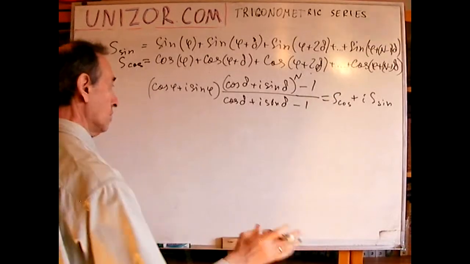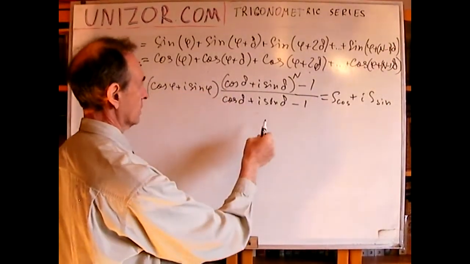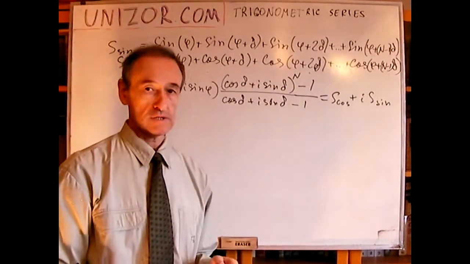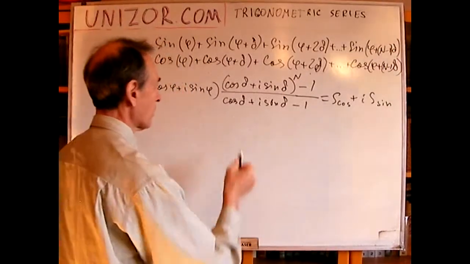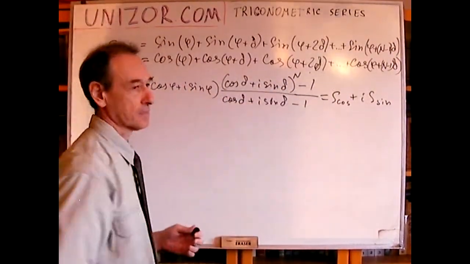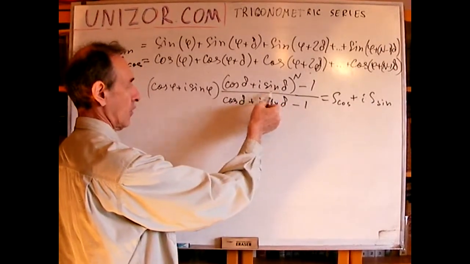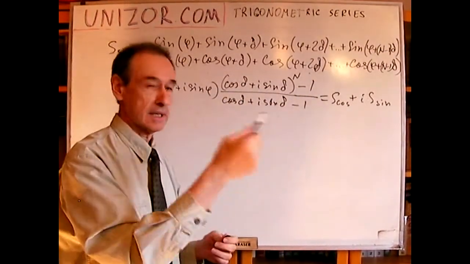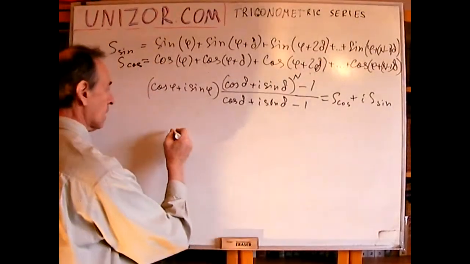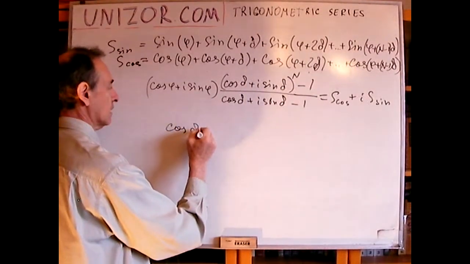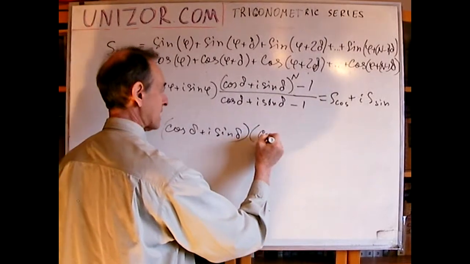So, almost done, except I have to raise to the power of n, right? But that's exactly the same as we did before, because what is this? Well, we are multiplying one complex number with an angle delta by itself n times, right? So whenever we multiply it once, cosine delta plus i sine delta, by itself once,